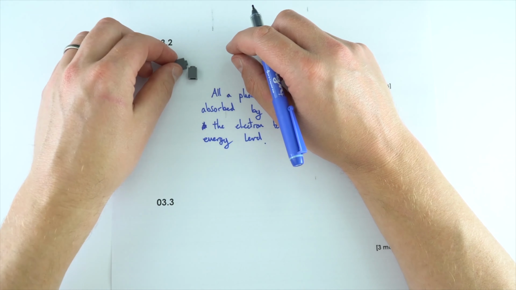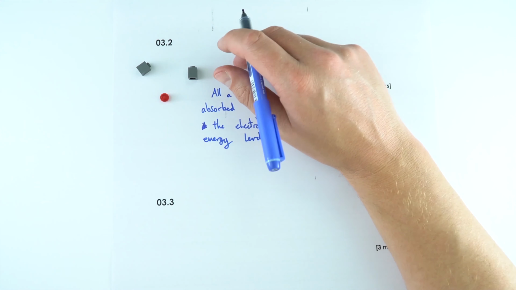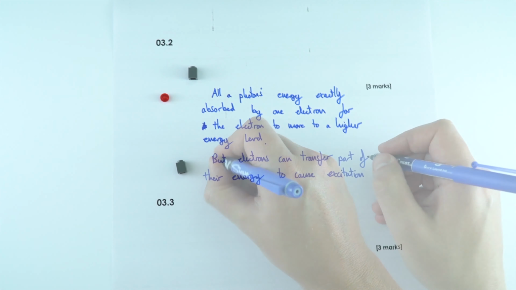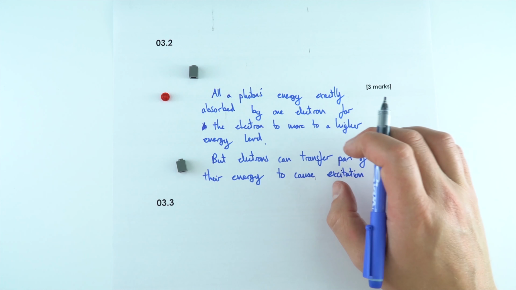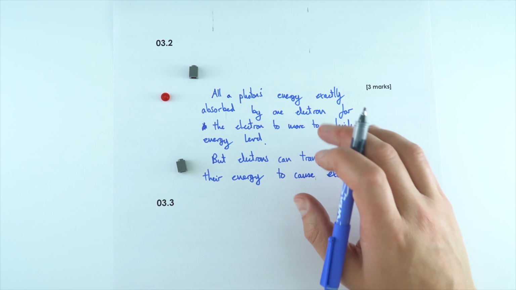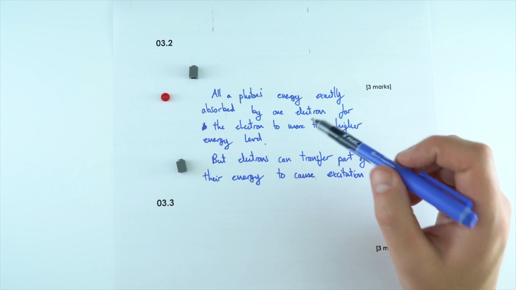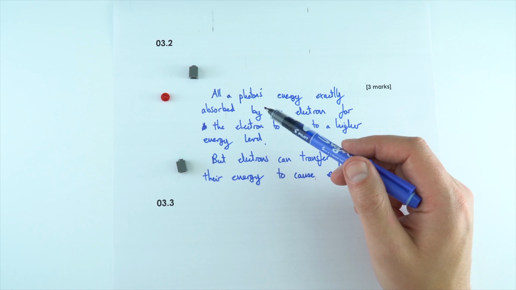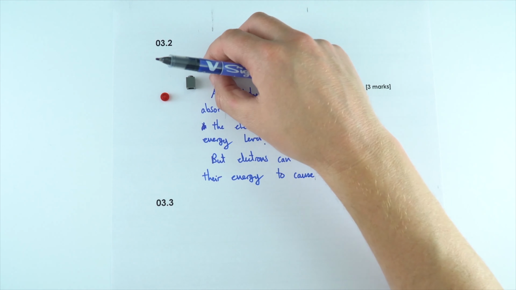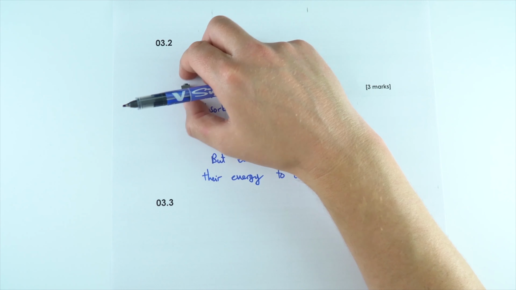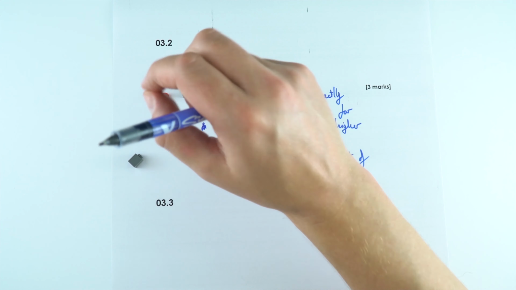And then this might lose some of its kinetic energy, and it might move off maybe at a different angle or at a different speed. So what we can say about electrons is that the electrons can transfer part of their energy to cause excitation and then keep moving. So hopefully that explains why for a particular transition the photon must have an exact amount of energy, but the electron only needs a minimum amount of kinetic energy, and if it has more kinetic energy than is needed for that transition, any energy not absorbed by the electron moving energy levels, this electron will still have, but it's just going to be travelling at a lower velocity afterwards.